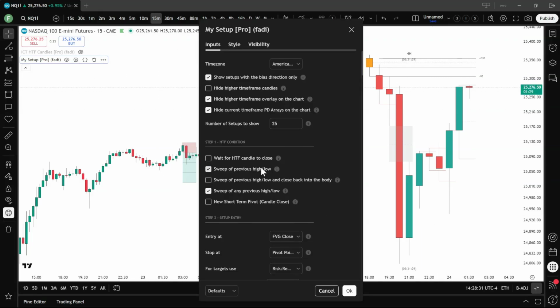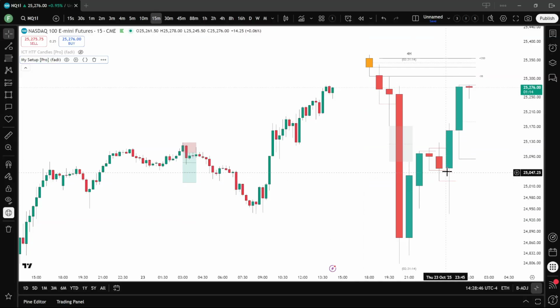And again, by default, you get both of them checked. You can decide what you want to do with that, if you want to take both conditions or not. And the last one is the creation of a short-term pivot. A short-term pivot is a 3-candle formation. You have a low, lower low, and a higher low. That's a pivot. On the close of this candle, it will evaluate it and tell you there's a setup here